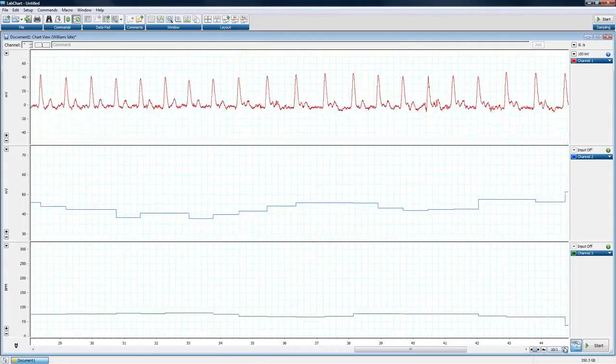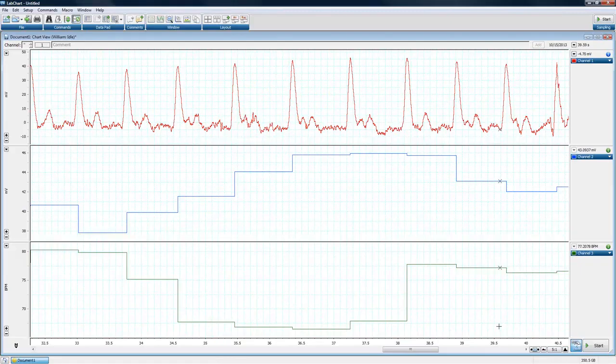What that does allow me to see more or less of my data. Another thing that we have here is the x-axis compression. Another option we have here